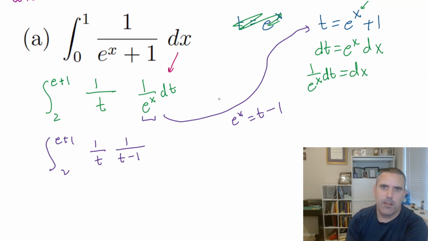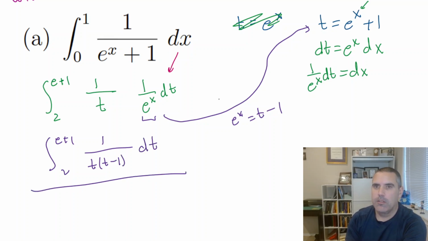T minus 1. Why did I write it that way? I don't know. We have 2 fractions next to each other. Let's write it nicer. 1 over t minus 1. Done. So again, the whole point of the substitution, if you haven't caught on to this yet, is